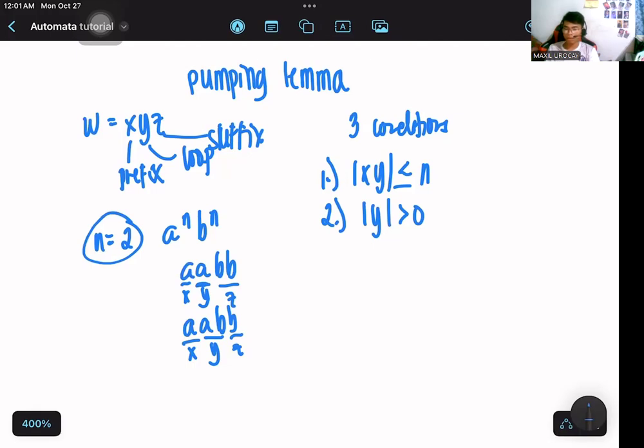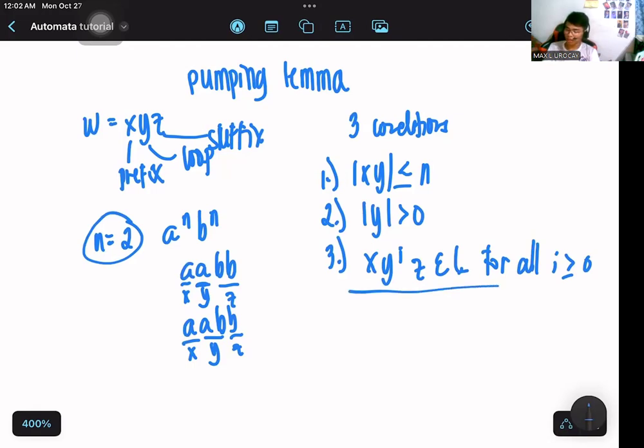Then the condition for number 3 is x y^i z for all i greater than or equal to 0. You can repeat y any number of times and the string must still be in L. If the language is truly regular, we should be able to repeat y any number of times, and the string will still be in L. So what does that mean? If we begin to loop y, for example y looped as 2,